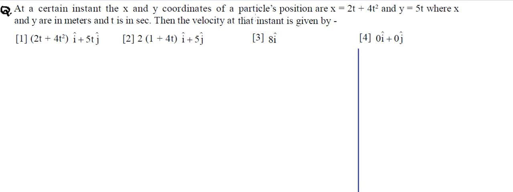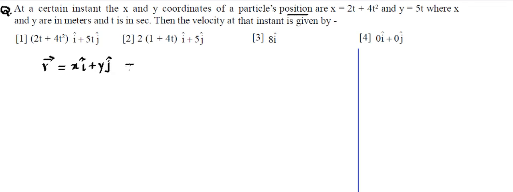Okay, so first of all is a position vector. So we need to create a position vector. We know the position vector can be written as R. R is a position vector, and if the point has coordinates x and y, then we know the position vector is given as xi cap plus yj cap. You remember, if any point has x comma y coordinates, then the position vector of that particular location is given as OP vector. If P is the point, then OP can be written as r vector. So r vector is xi cap plus yj cap.